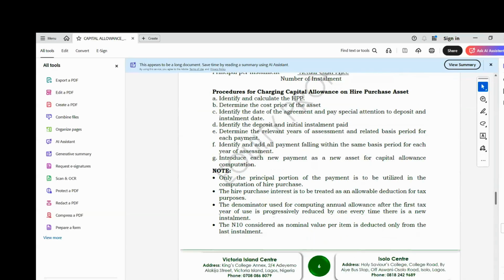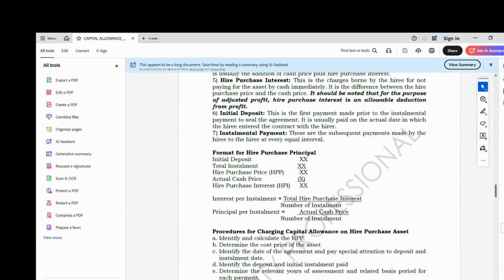Then for a hire purchase agreement, you need to get your hire purchase price. You may have a situation whereby you may not be given the hire purchase price. To determine the hire purchase price, it is the price they are selling it at the market, which is the cash price, plus the interest added by the seller, the hirer. So hire purchase price is the addition of